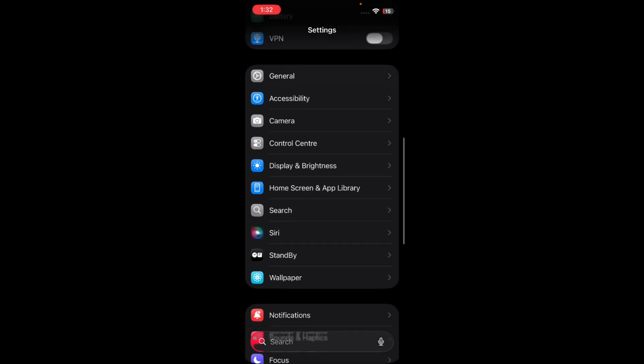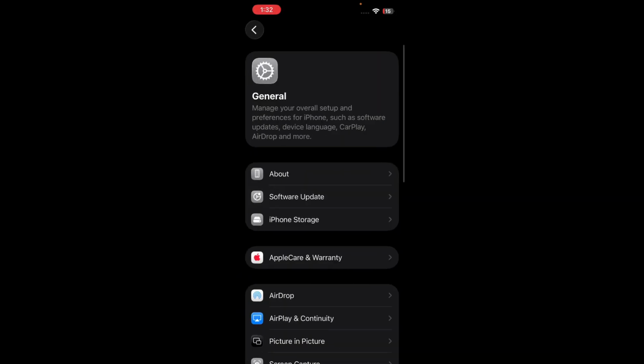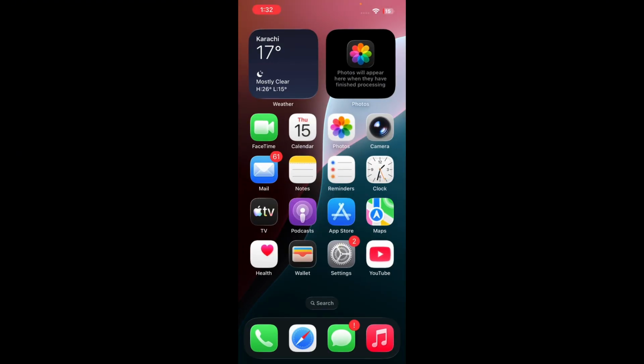After that, go to the General section, then Software Update, and update to the latest iOS version on your iPhone, maybe iPad. And after that, check whether the Apple iCloud server is down or not. Simply go to Safari and open a new tab